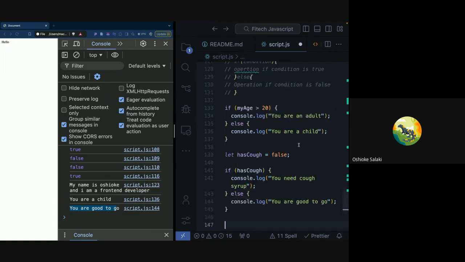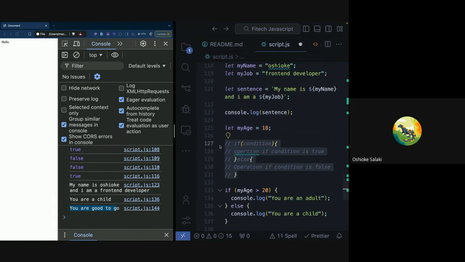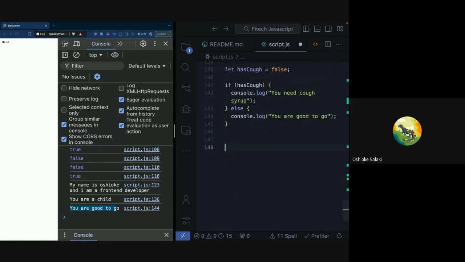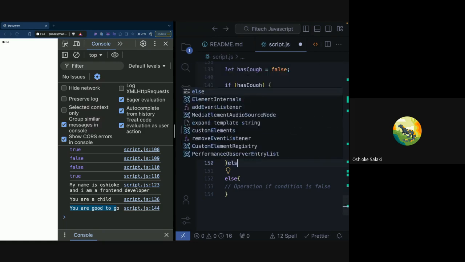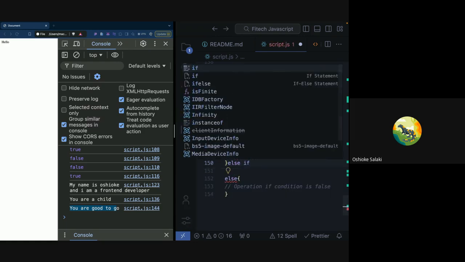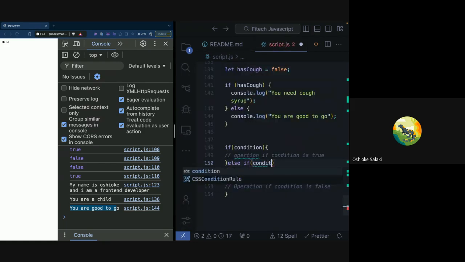How that works is similar to the if-else, but the only difference is that in this case instead of the else statement, we have else if,